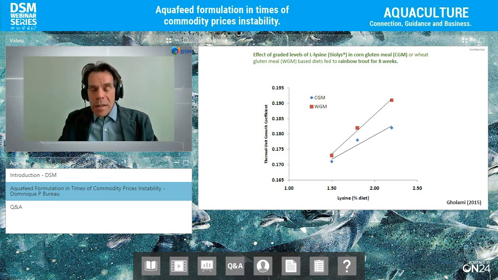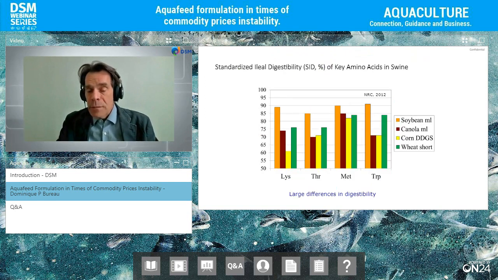My colleagues in Guelph measured the digestibility of key amino acids in swine, and they compared the quality, and you do find differences in amino acid digestibility between plant proteins. Soybean meal is the reference. In general, U.S. soybean meal is the higher digestibility product. Canola will be significantly lower in digestibility, but not too far behind. Corn DDGS depends very much on how it's produced and the quality of the product, but in general will be a little bit lower than soybean and canola.